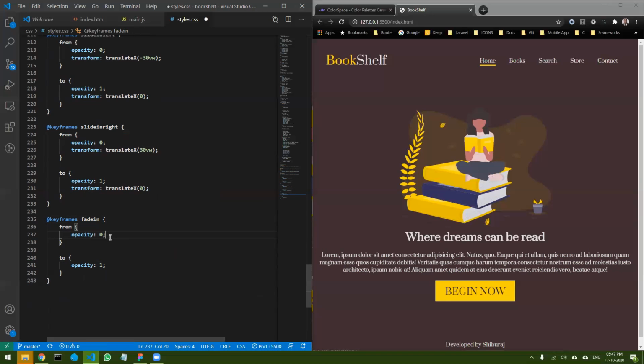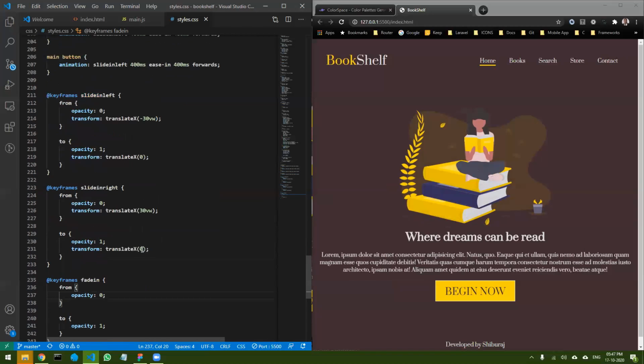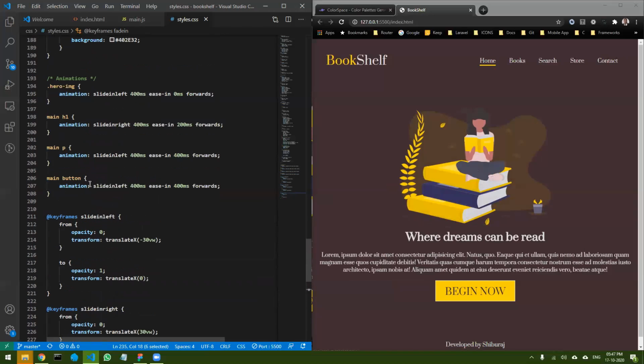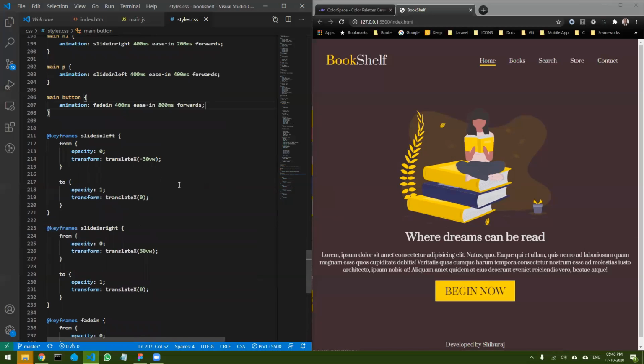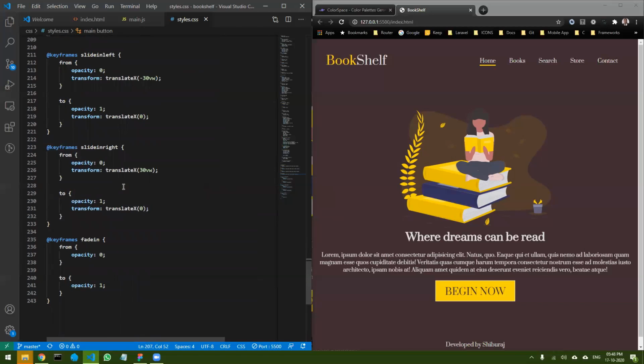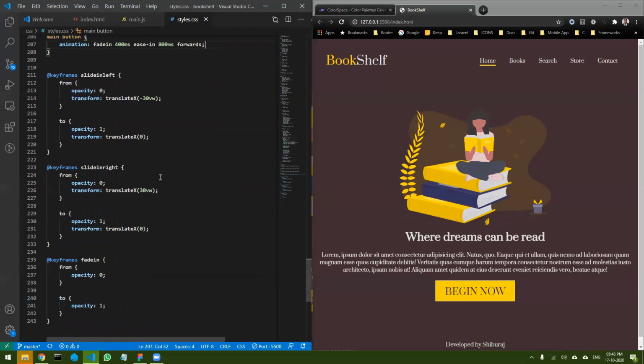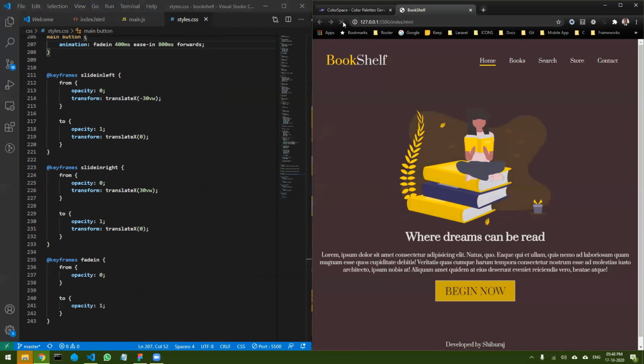Okay, so it is going to appear in. So fade in, let's add that particular animation, and it should be coming in after everything is over, right? So let's save it, and you can see this works, but the animation itself is coming in a little late. Okay, so let me just show you. So you can see all of the things are working, but